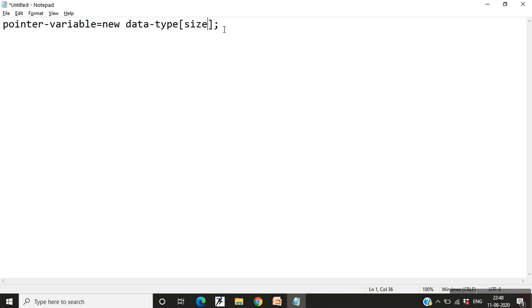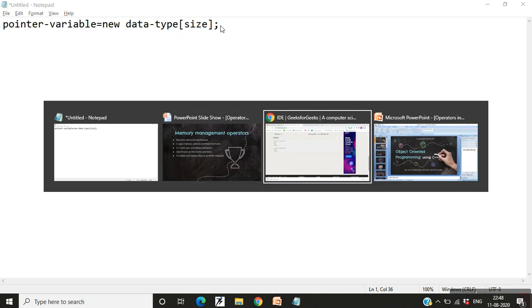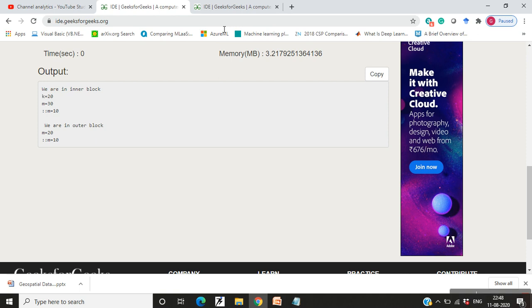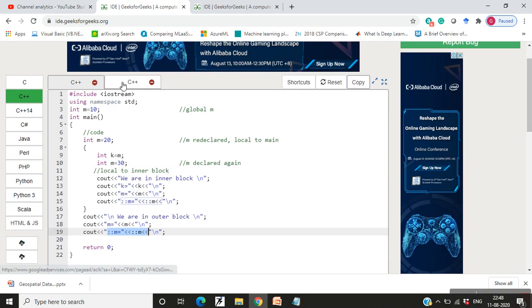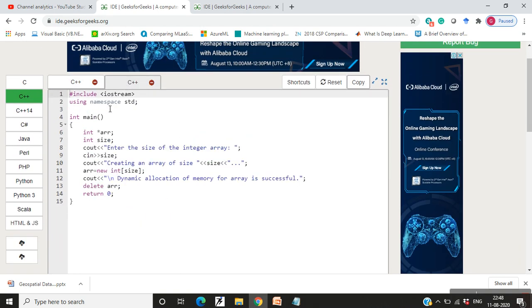If you want me to demonstrate the use of new and delete operators, I can show you in this way. See over here, I've created a pointer array, and whatever size you want, you can ask the user to enter the size of the integer array.